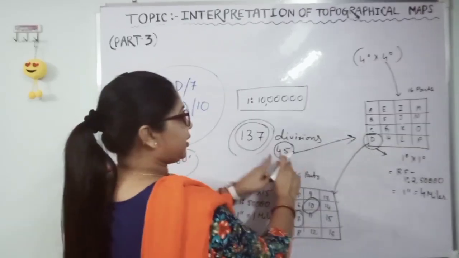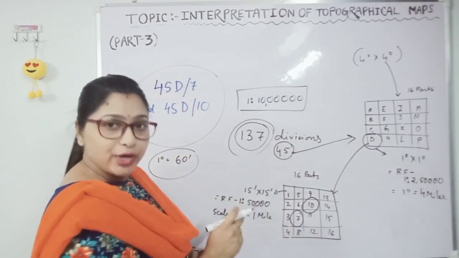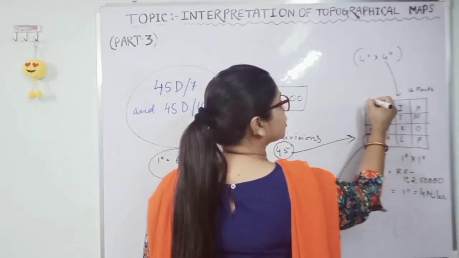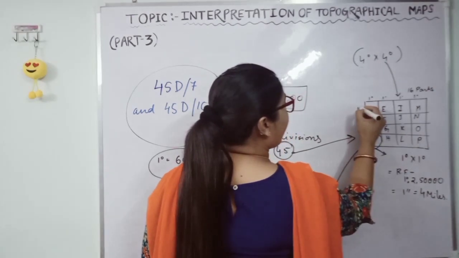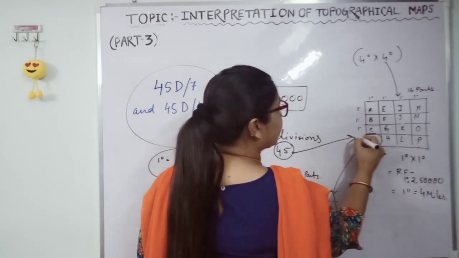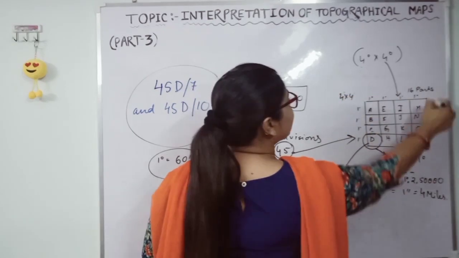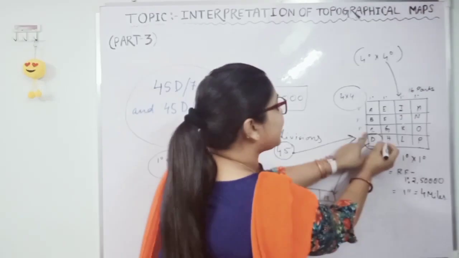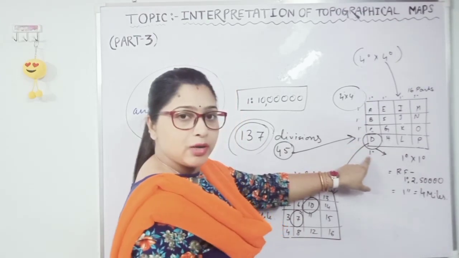So here I have told you that each grid was 4 degree by 4 degree. Here it is divided again into 16 parts. So 1 degree here, 1 degree here, 1 degree here, 1 degree. This is 4, and 1 degree here, 1 degree, 1 degree, 1 degree. So 4 multiply 4, so the full grid is 4 here. It is becoming clear. So here one grid is 1 degree by 1 degree.